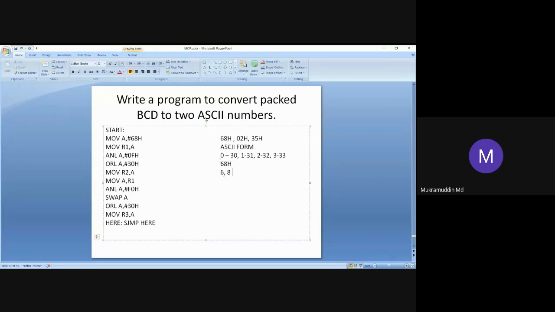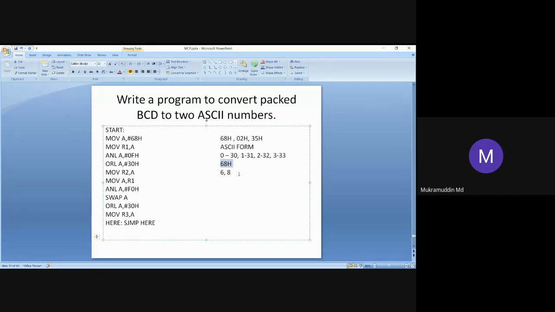If we unpack this packed BCD number, 68H, we will get the two numbers 6 and 8. From these two numbers, we can get the two ASCII numbers. That's why in the question he has given, write a program to convert packed BCD to two ASCII numbers.